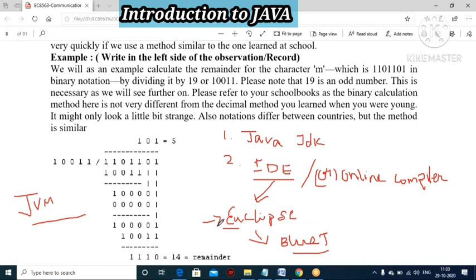Compiler, you know what a compiler is. Compiler means conversion of source code to machine code. Whatever program you have written in your language will be converted into machine understandable language. A computer can accept only computer language, isn't it? So the compiler helps with the conversion of source code to machine code.